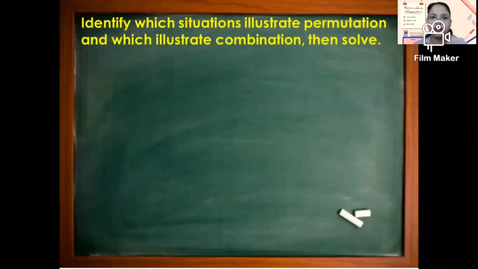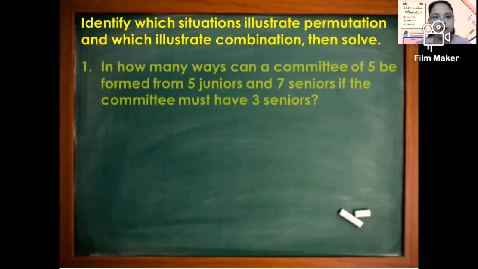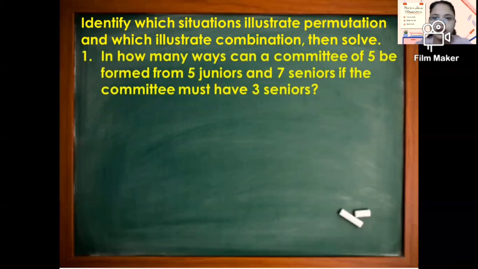Now, identify which situations illustrate permutation and which illustrate combination, then solve. So, titingnan natin, meron tayo ditong dalawang given problem, then identify natin alin sa kanila si permutation at alin sa kanila ang combination. Then solve natin sila. Okay? Number 1, in how many ways can a committee of 5 be formed from 5 juniors and 7 seniors if the committee must have 3 seniors? Okay? Yan yung first